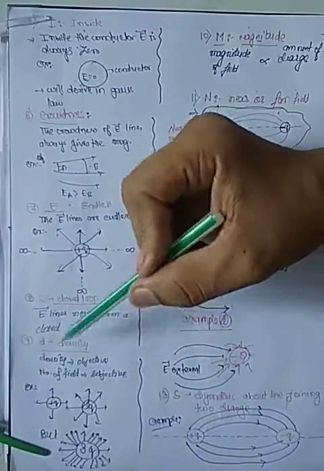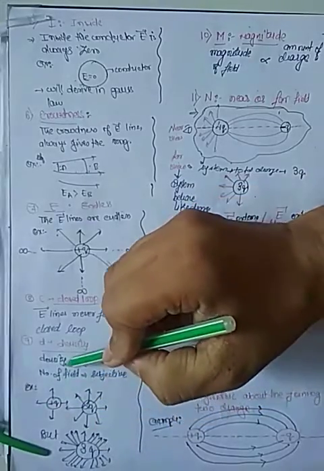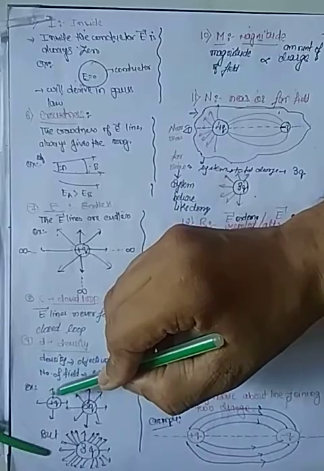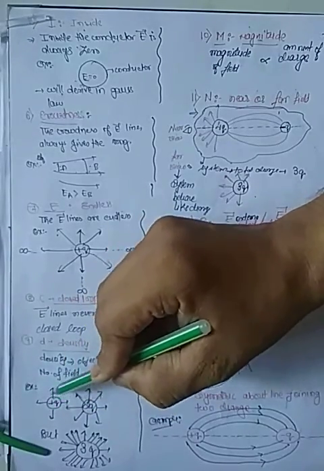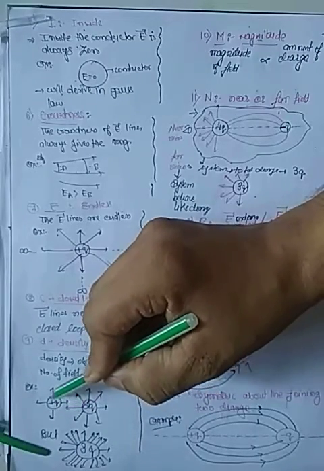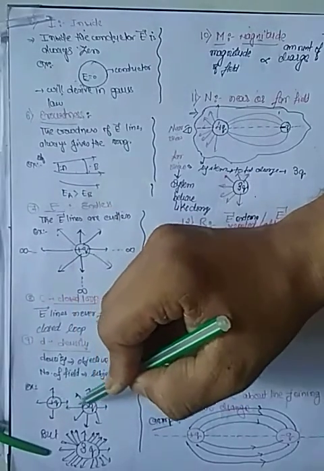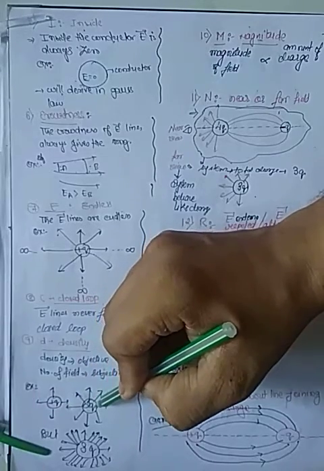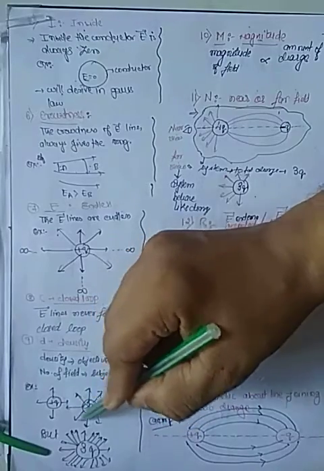Now the ninth one, density. Density means, suppose this is a charge, a positive charge. See, 1, 2, 3, 4. The field coming from the charge, we see through the vectors 1, 2, 3, 4. But if we have not 1 coulomb but 2 coulomb of charge, then the magnitude is increasing. See, the field lines 1, 2, 3, 4, 5, 6, 7. So we have 7 field lines.